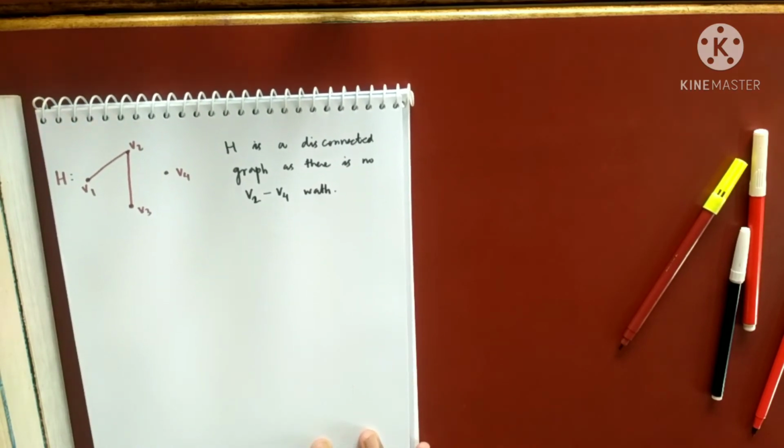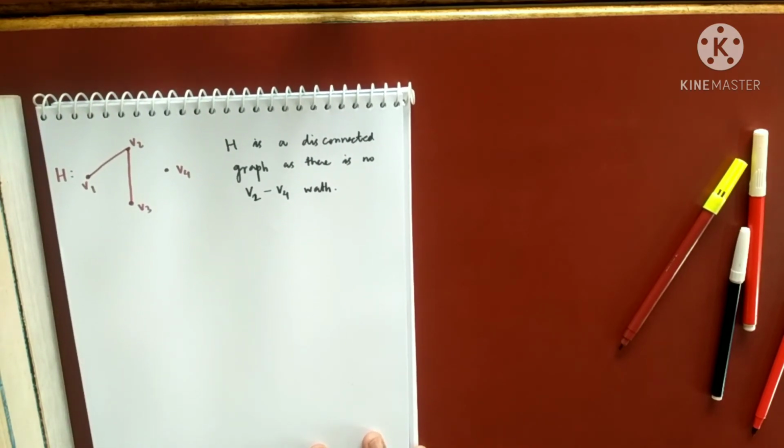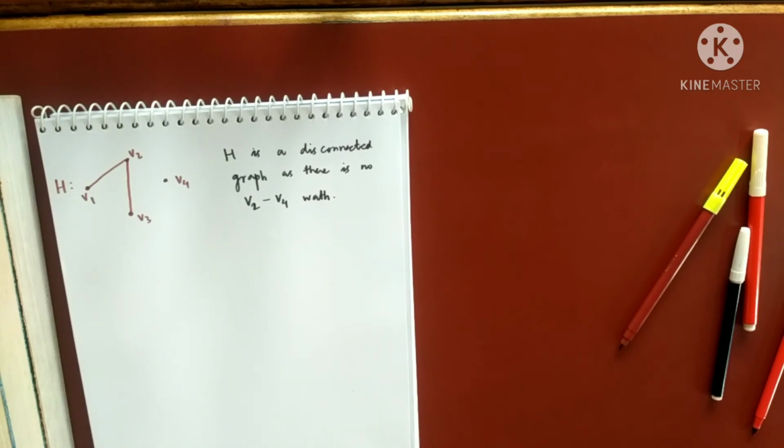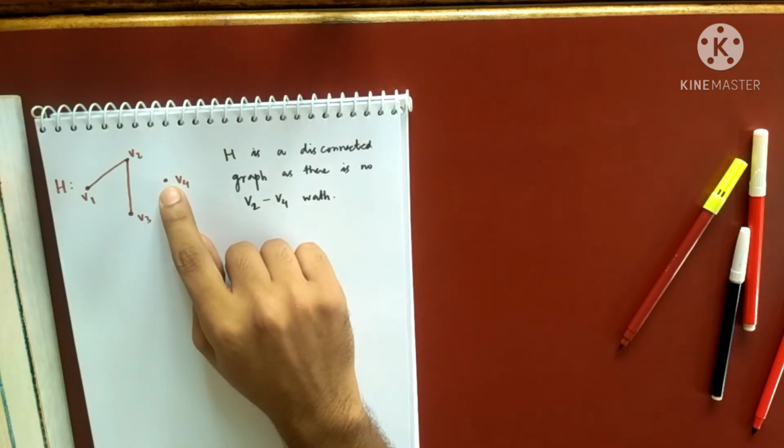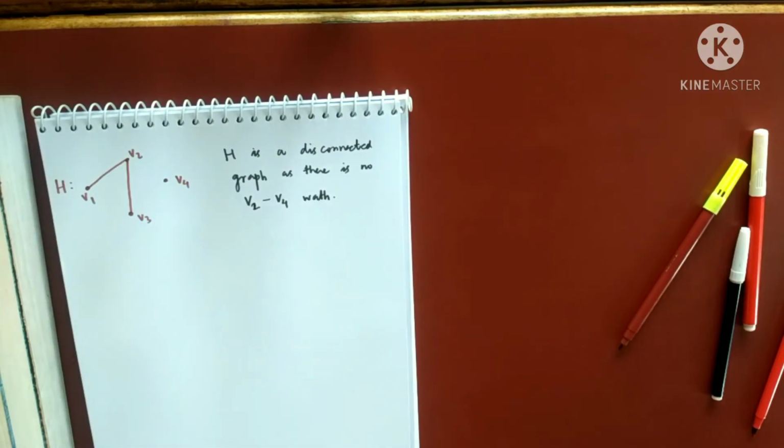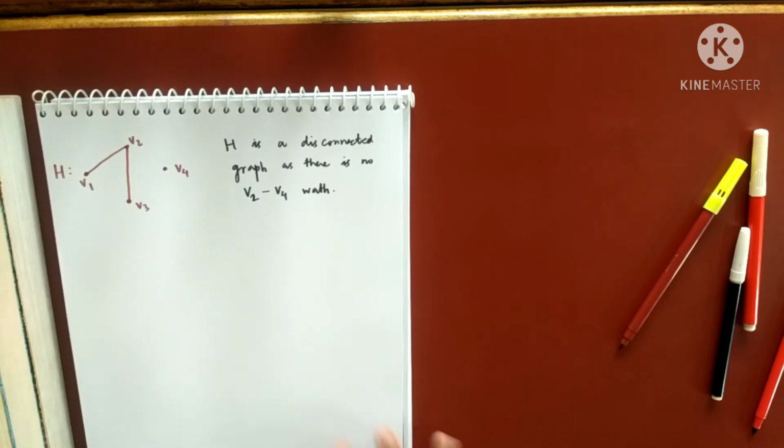So one thing is very much clear from the definition of a connected graph. If the graph is connected, then the degree of every vertex should be at least 1. It cannot be 0. If the degree is 0, then definitely there is no edge connecting to that vertex, and I cannot find a path or a walk up to that vertex. So keep that in mind. If my graph is connected, it cannot have any isolated vertex. If it has some isolated vertex, that graph is definitely not connected.